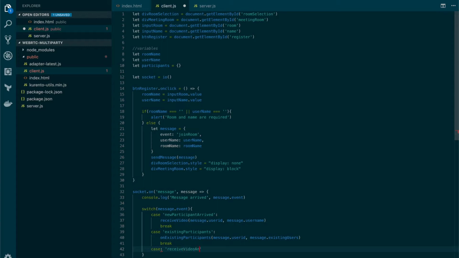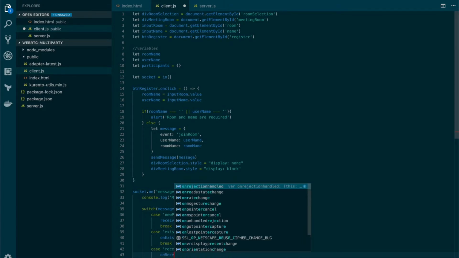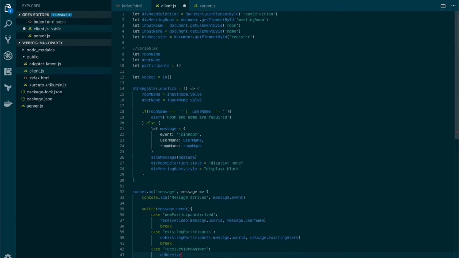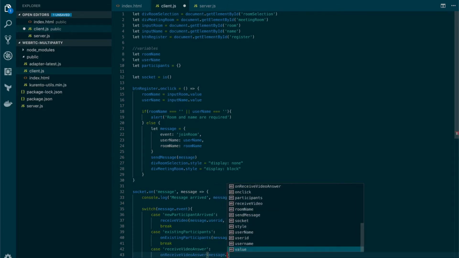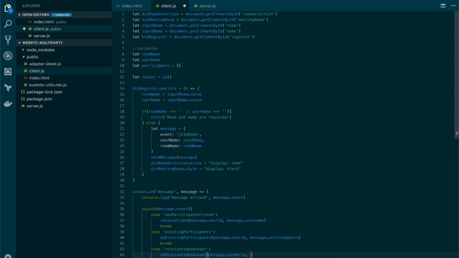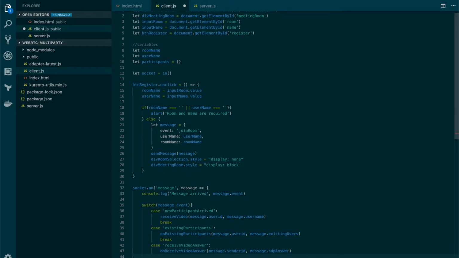Now another case, this will be for the event receive video answer. In this case, again, we're gonna call a function. Oh, I have an extra semicolon there. We're gonna call a function named onReceive video answer, which will get the message sender ID and the message SDP answer. Now another break here,